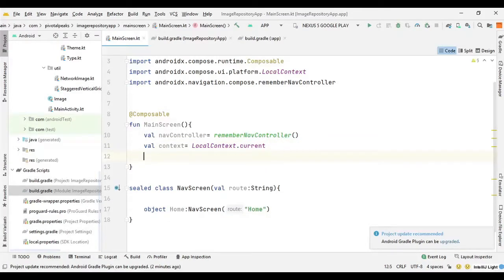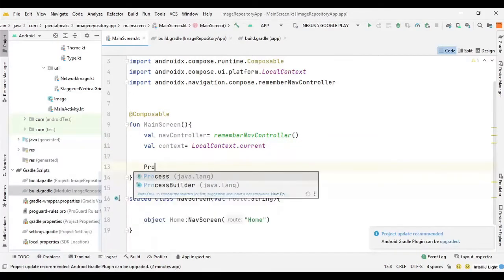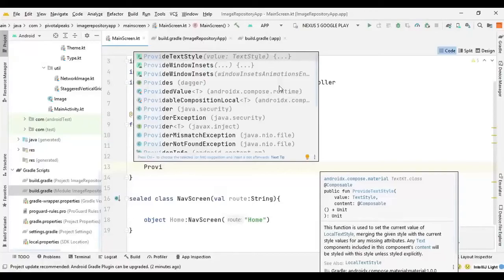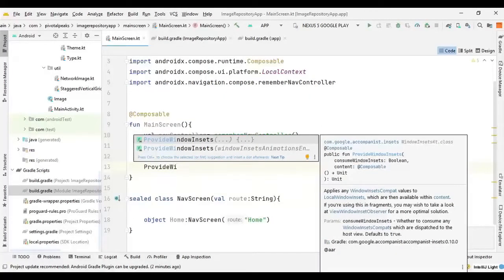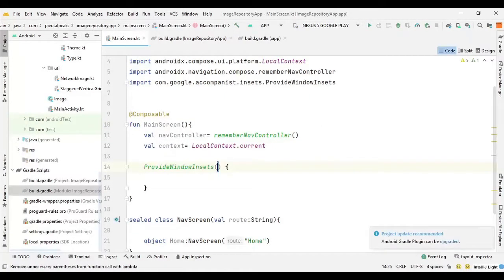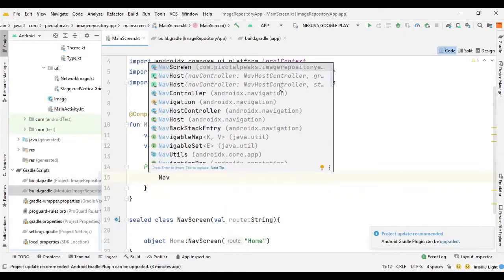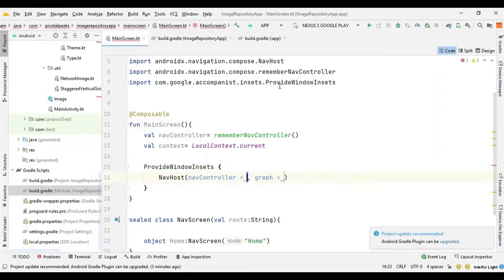So we can say here ProvideWindowInsets. Then we need to create a NavHost here. So we can say NavHost, and it requires a nav controller. So we can pass our navController value which we created.